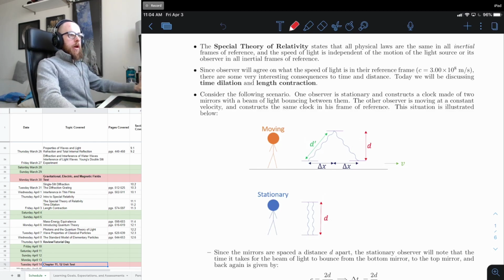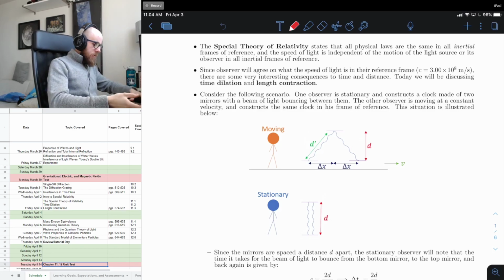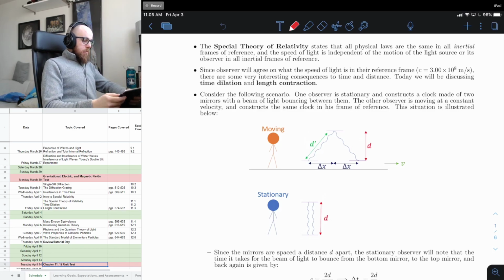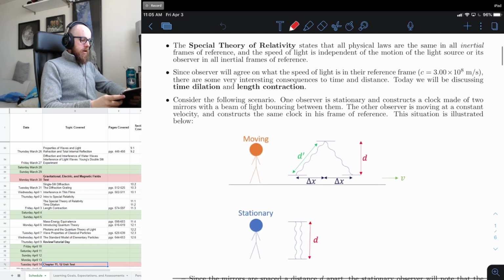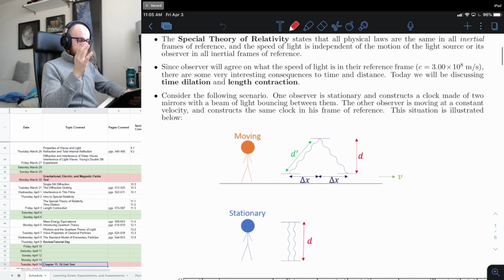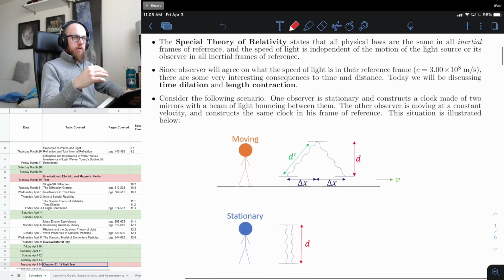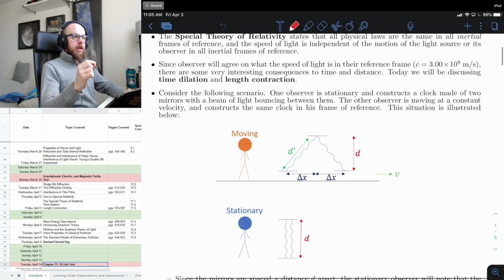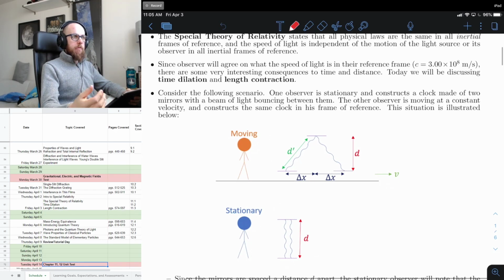Okay, so as I mentioned, because observers agree on what the speed of light is in their reference frame, the speed of light is 3.0 times 10 to the 8 meters per second, no matter what reference frame you're in, as long as it's an inertial reference frame. They have some interesting consequences in,